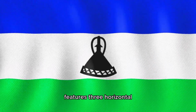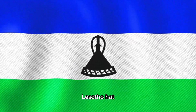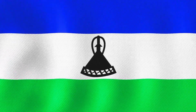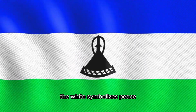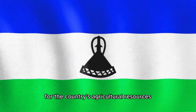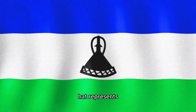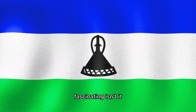Lesotho's flag features three horizontal bands of blue, white, and green with a black Lesotho hat in the center. The blue represents rain and the water that is essential for life, the white symbolizes peace, and the green stands for the country's agricultural resources. The Lesotho hat represents the country's rich culture and heritage. Fascinating,